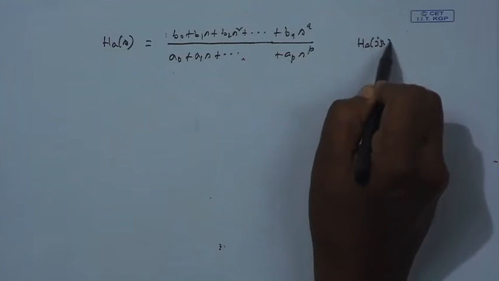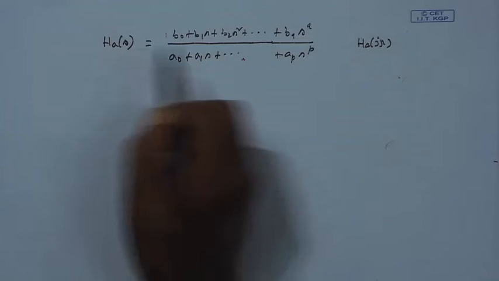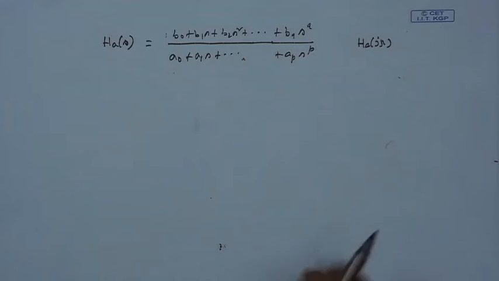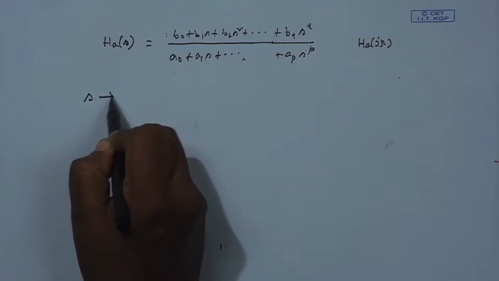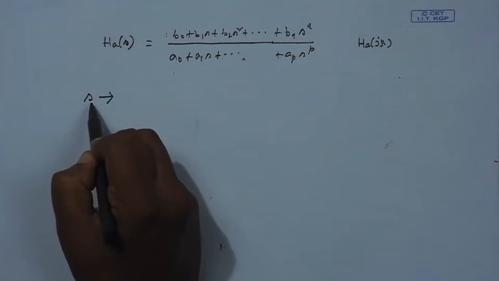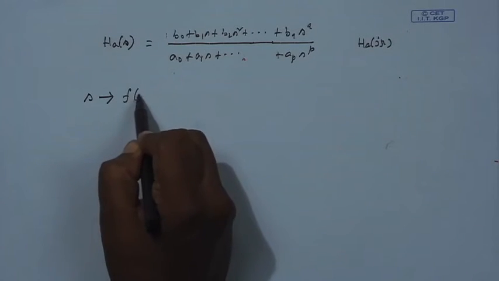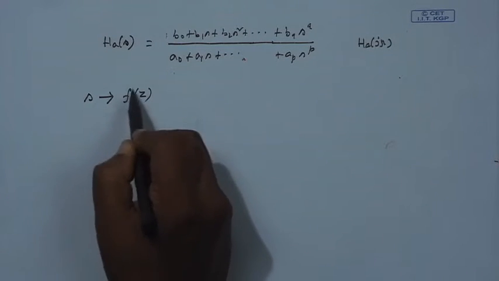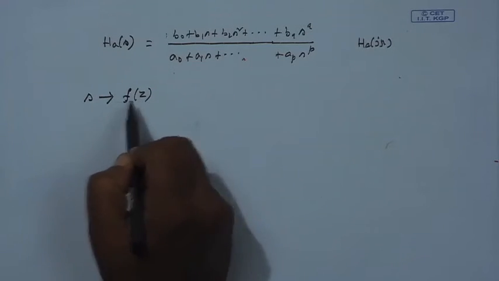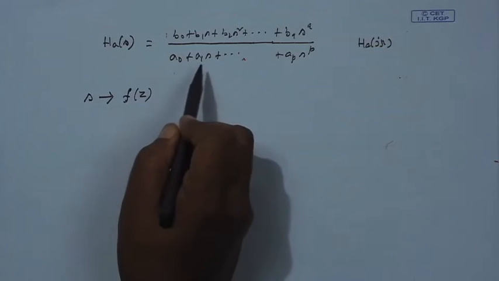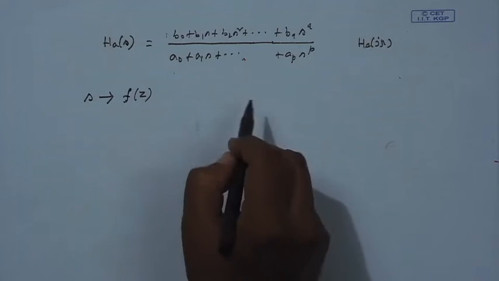Its frequency response will be H(j omega), that is, instead of s, you replace s by j omega. So, in the s plane, we are on the j omega axis. Suppose this is given. Then, what we do? We do a mapping. Whenever there is an s, you design a function of z. That is your design. That is where the entire intelligence lies.